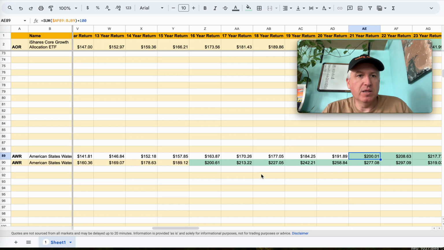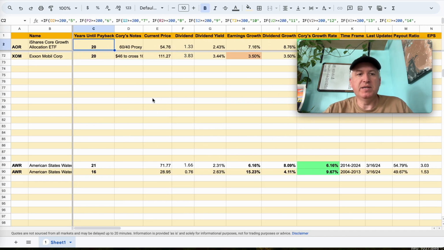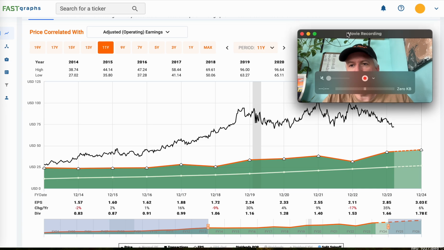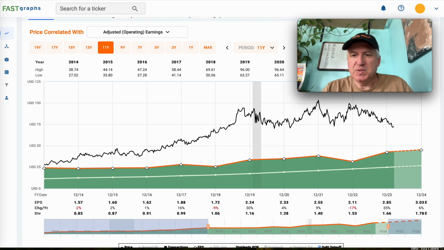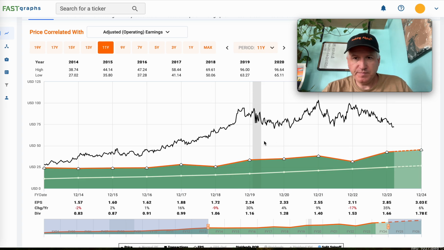And 21 years is a long time. However, I would point out that I like to compare dividend growth stocks to a 60-40 portfolio, and it would actually take 20 years to do it with a 60-40. So it is still, I think maybe at least one of, I had more than one person ask me for this analysis, but they noted that this was down maybe like 25% off its highs. Maybe that's the high. Let's see. So even though this is down more than 30% off its highs, it still is a little more expensive than a 60-40